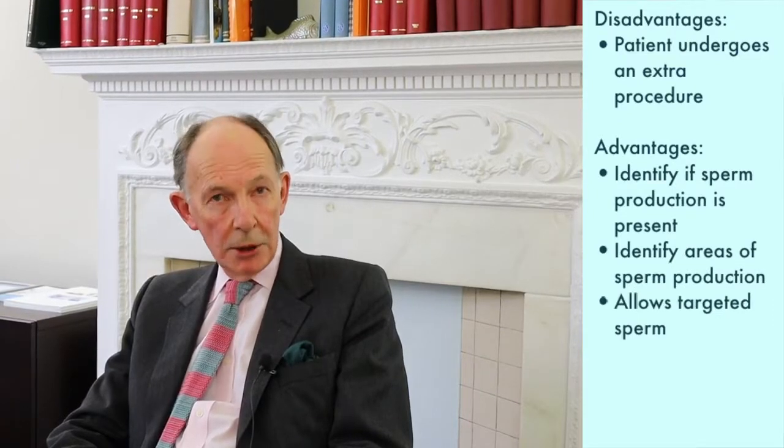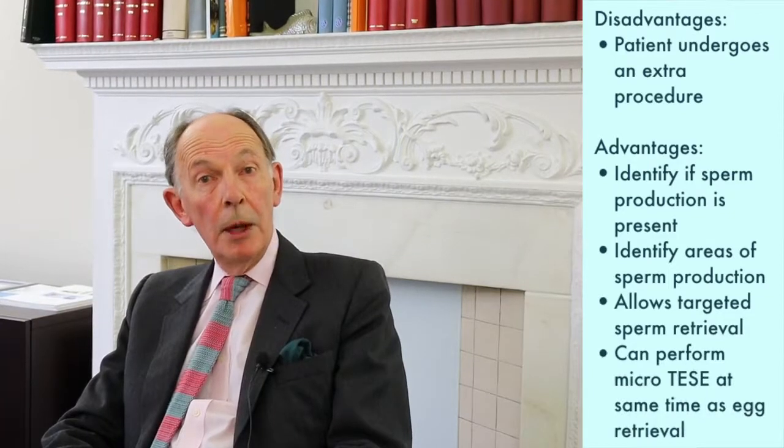Now this of course has its advantages and disadvantages, because the testicular mapping procedure means that for a man with non-obstructive azoospermia, he will have an extra diagnostic procedure before he undertakes his sperm retrieval by microtesi. But the advantages are that we know whether there is any sperm production and where it is, and therefore when it comes to the sperm retrieval, the patient undergoes a smaller procedure in terms of the amount of cutting and surgery and stitching, and also we may be able to undertake the microtesi when we know there is sperm there at the same time as his partner has her egg retrieval. And this of course means that we're using fresh eggs and fresh sperm rather